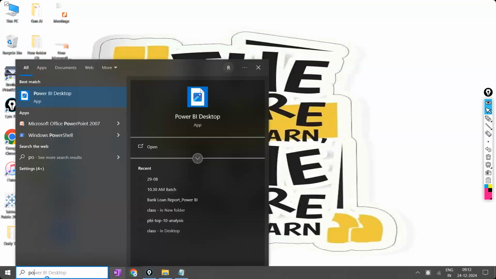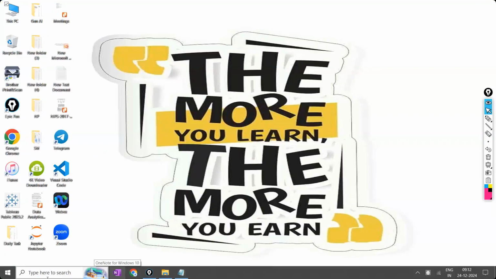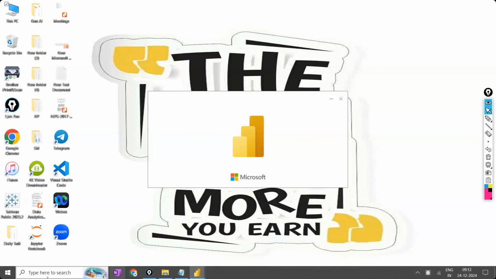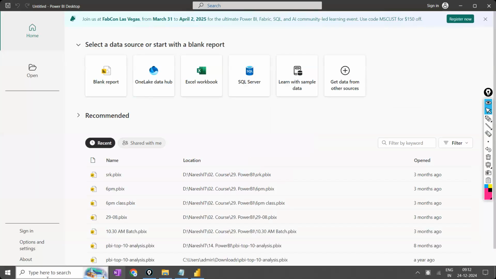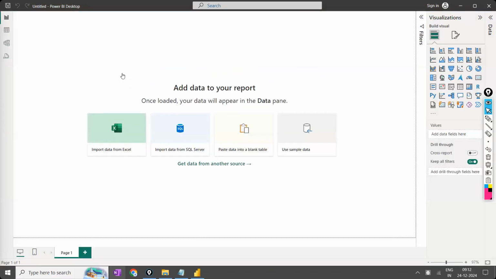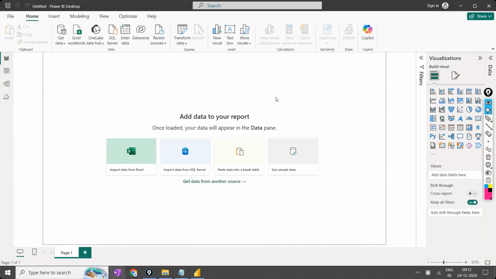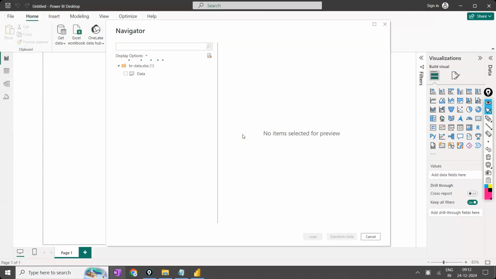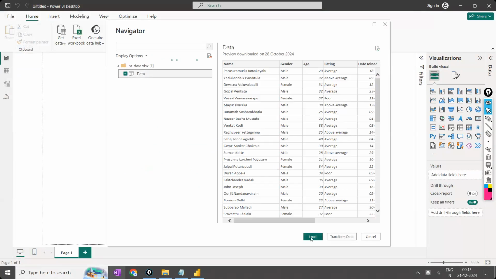First I'm loading the HR data, which we have been working with for the last 2 days, the same data set. Once I load the data set,